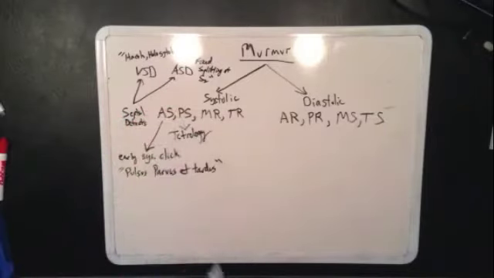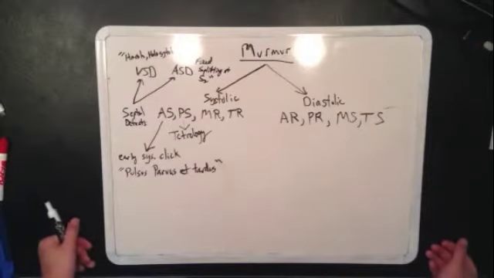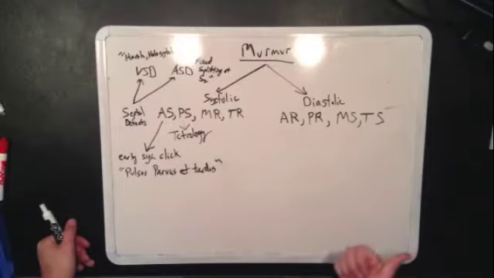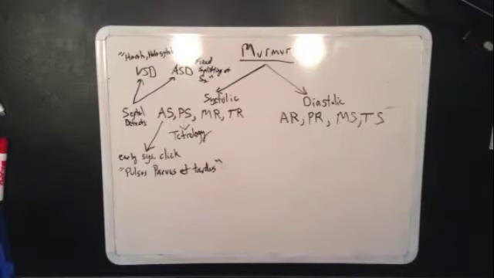You can review tetralogy later, but that's the main thing you'll be tested on for pulmonic stenosis. Also, just generally, what causes right-sided valvular heart disease? There's a couple things you need to think of. The right-sided valves are the pulmonic valve and the tricuspid valve. The things that cause damage to those valves are IV drug abuse and